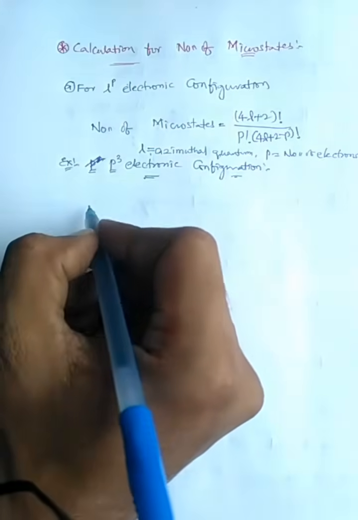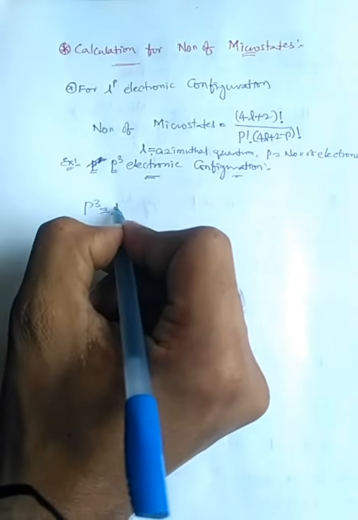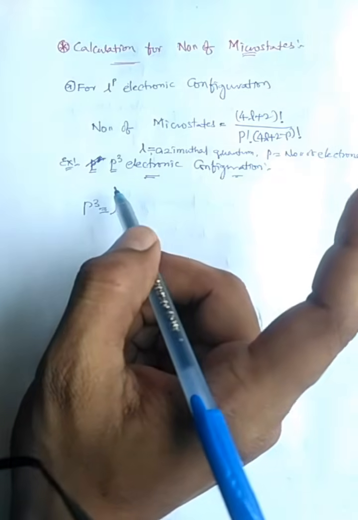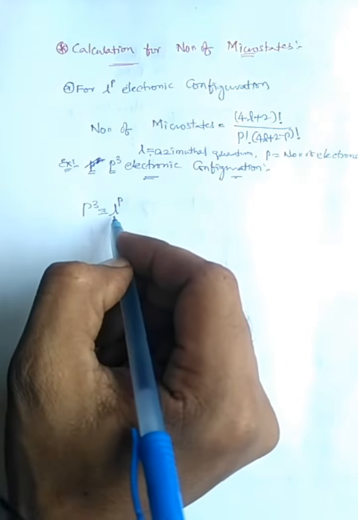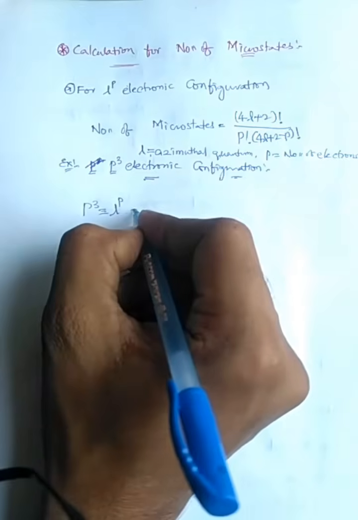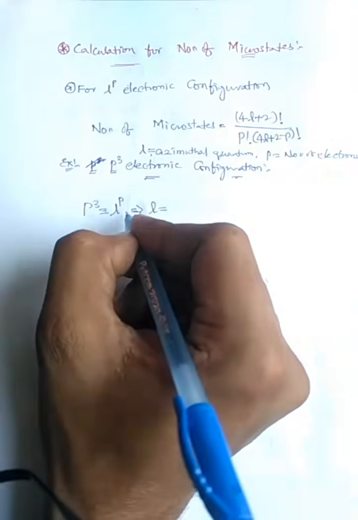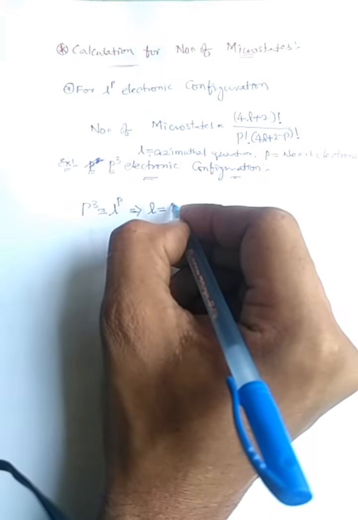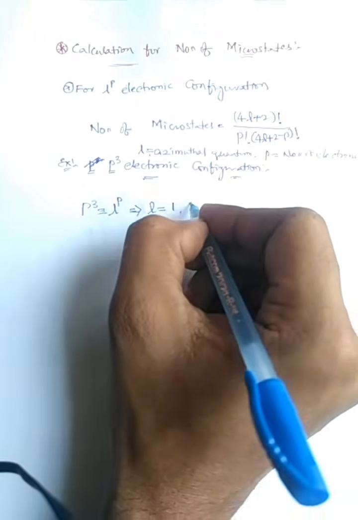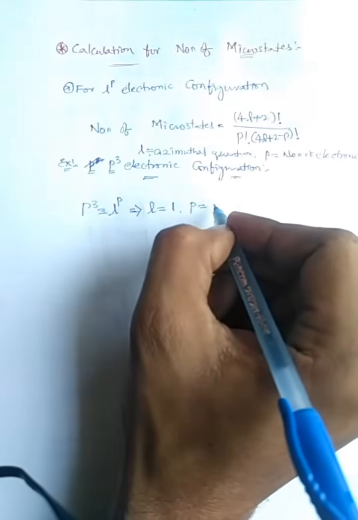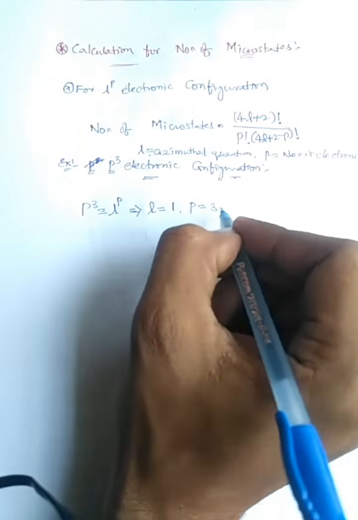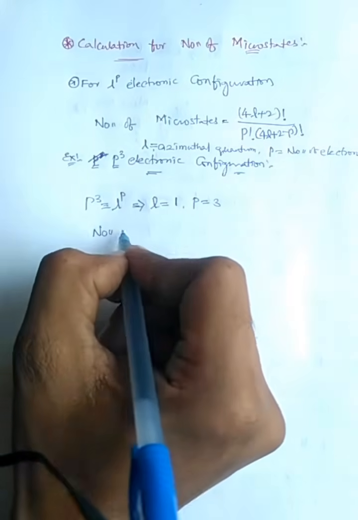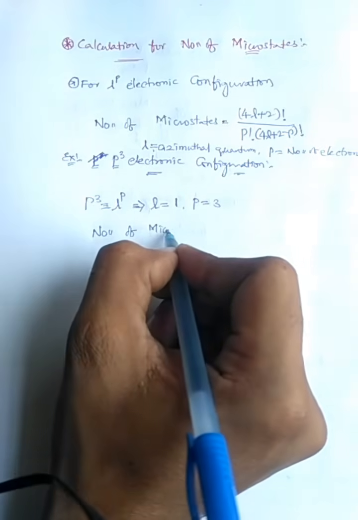So when we compare the p3 electronic configuration with l to the power of p, this is a p3 electronic configuration having only a single orbital. The l value, the azimuthal quantum number value of p3 electronic configuration, is 1, and the number of electrons in p3 electronic configuration is 3, that is p is equal to 3, right? So now the number of microstates